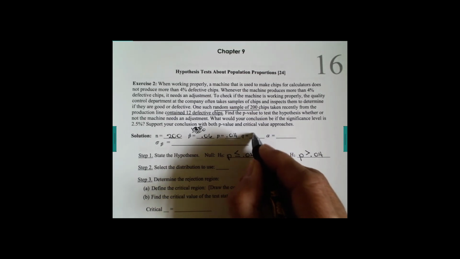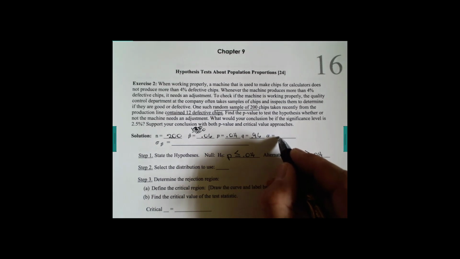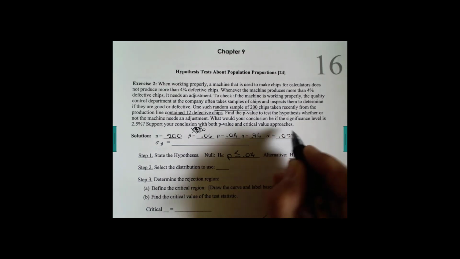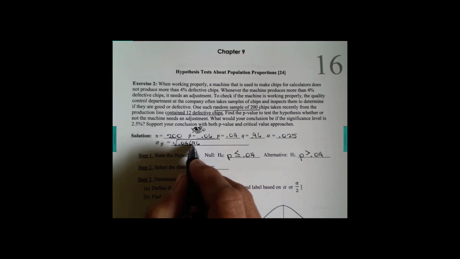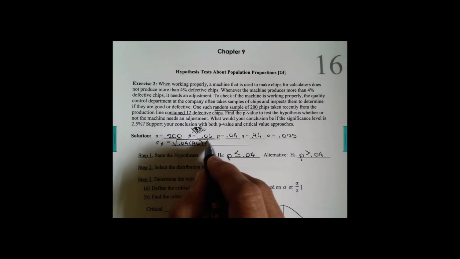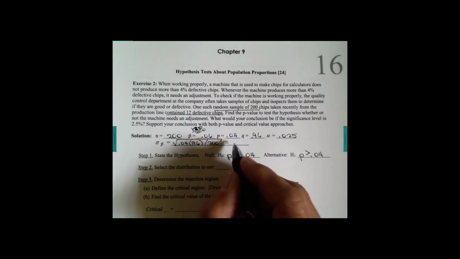I would subtract it from 1 and get Q, which is 0.96. And I'm going to be checking at the 2.5% or 0.025 alpha level. Let's go ahead and do the standard deviation calculation, taking P, multiplying times Q, and dividing by N. Everything's under the radical sign. And that came out to be